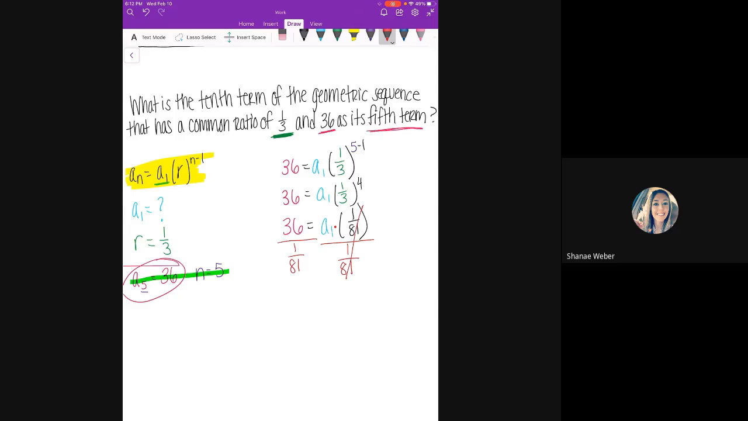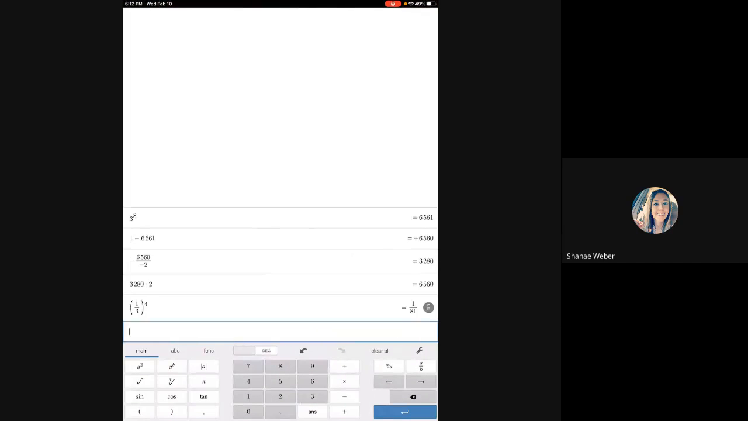Now, when we're dividing by a fraction, you can either just put this whole thing in your Desmos calculator, or if you remember, probably from middle school, when we're dividing by a fraction, we need to flip it. So this really looks like 36 times 81/1 equals a sub 1. So 36 times 81 is